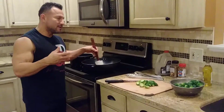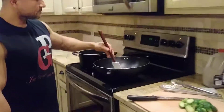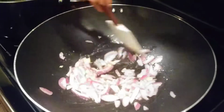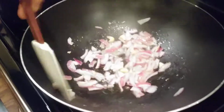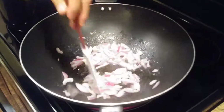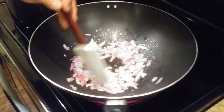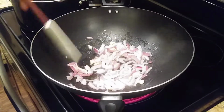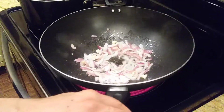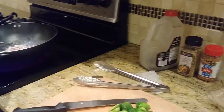But the infusion, I have it at high heat. If you can come and see, I have the butter with the garlic and onions. Smells so good. Yeah, so I want to make sure that they are all infusing, and I like the idea of this to get some light brown color first, just to get that nice flavor going. And since I'm going to be using soy sauce as an ingredient,